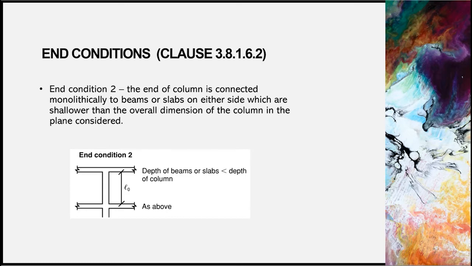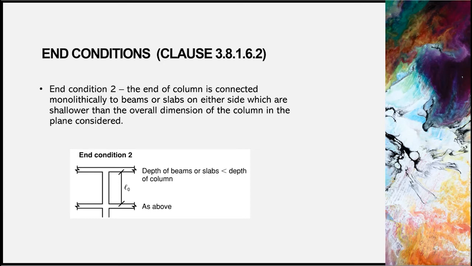So maksudnya beam, column, dia you concrete together, ataupun slab, so you akan concrete together, so dia monolithic. So the end of column is connected, becoming one, to beams or slab on either side which are shallower than overall dimension of the column,